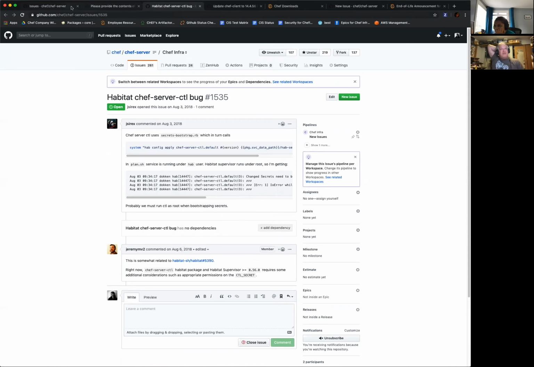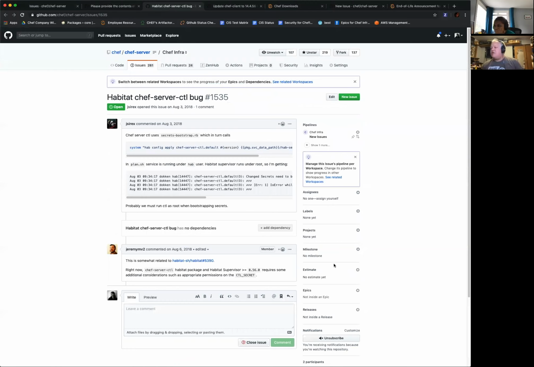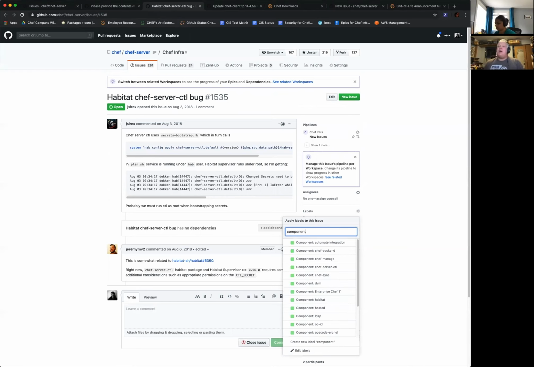Habitat, good first issue, try reproducing, it looks like a bug. And then have a conversation about what we need. Let's talk with product about what we're going to do as far as hab package support. I think it falls into the same conversation as Docker.